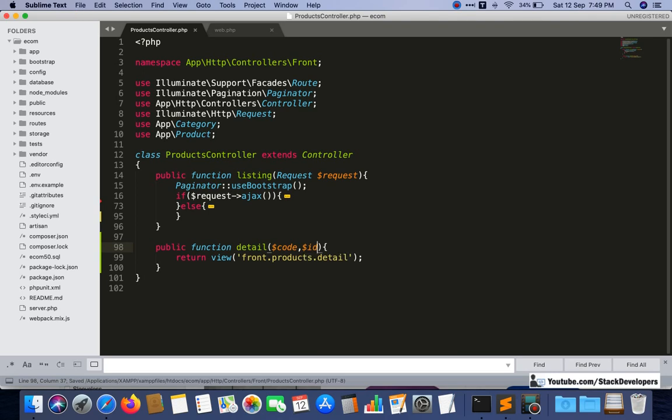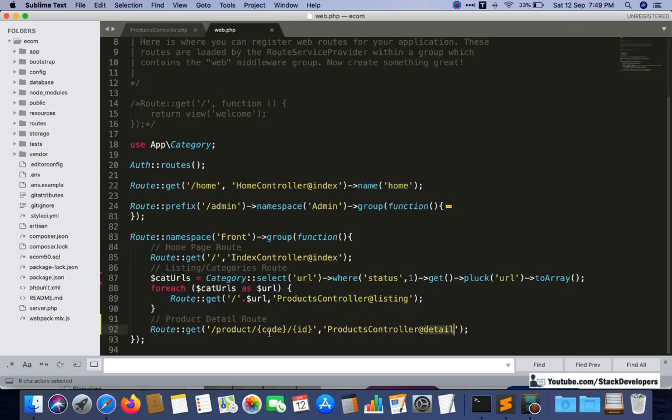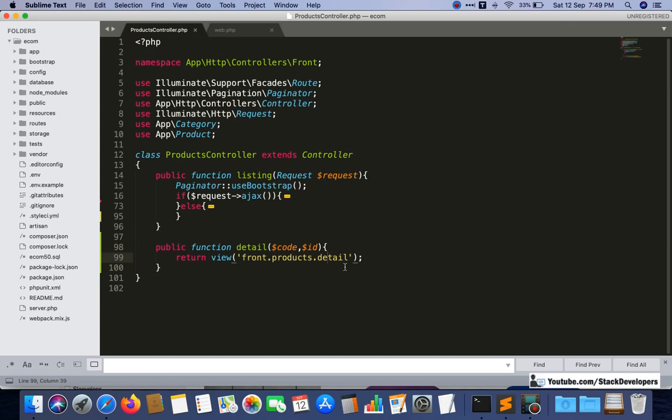Both are coming to us, but we will only use $ID for getting the detail of the product. We will not use the code; we are just using it for SEO purposes, so that the link of the product gets crawled by Google. So this is our detail blade.